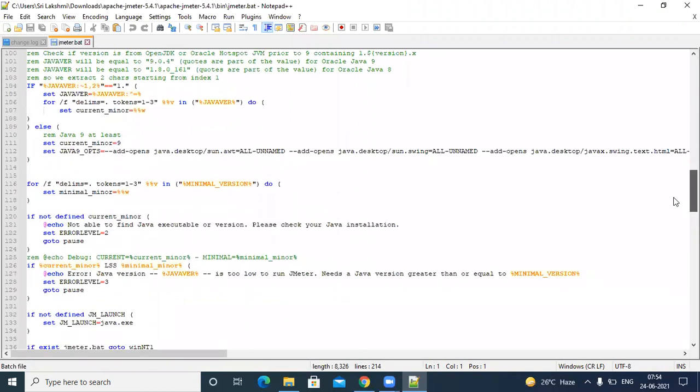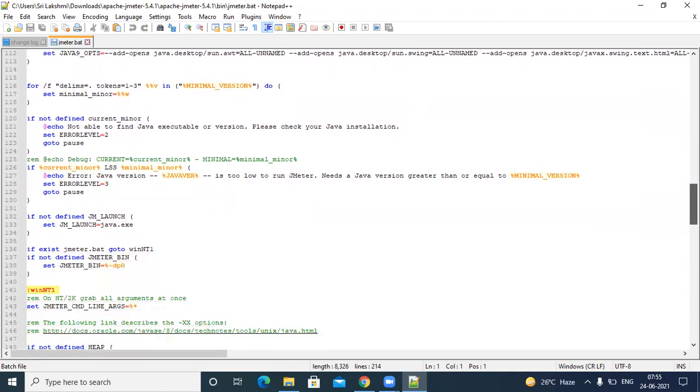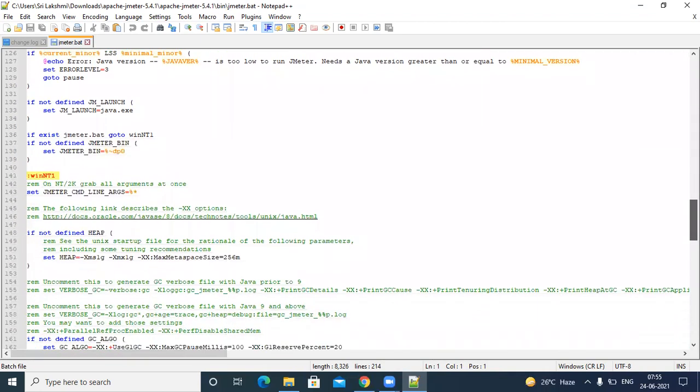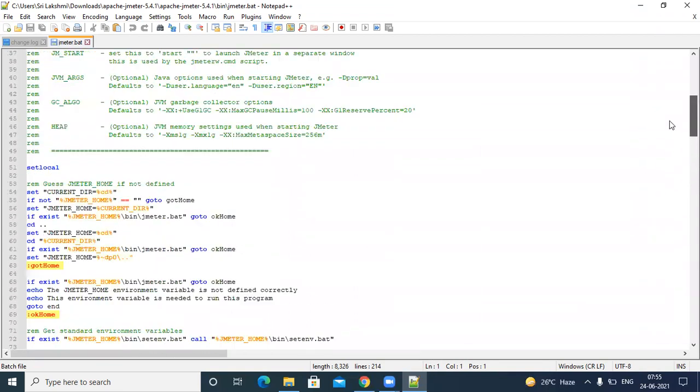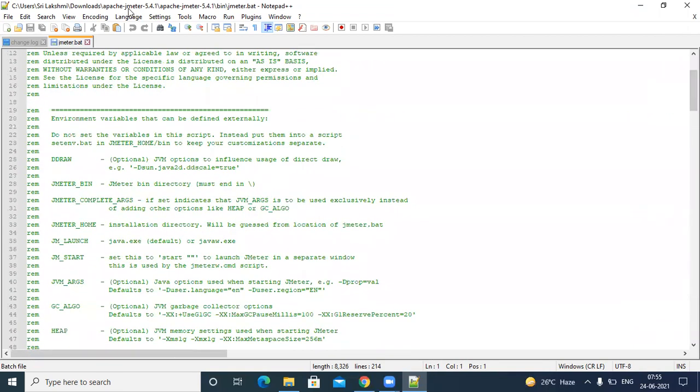See what it's checking: if there is no Java, or some Java 9 version or unsupported Java version, it will throw an error. Otherwise, you don't know what is happening exactly, it is not opening. There are a few such logics, and based on this logic, it will open the tool. So it simply calls the jar file.